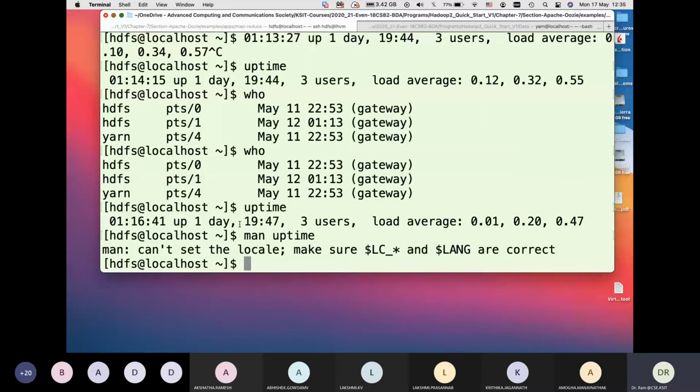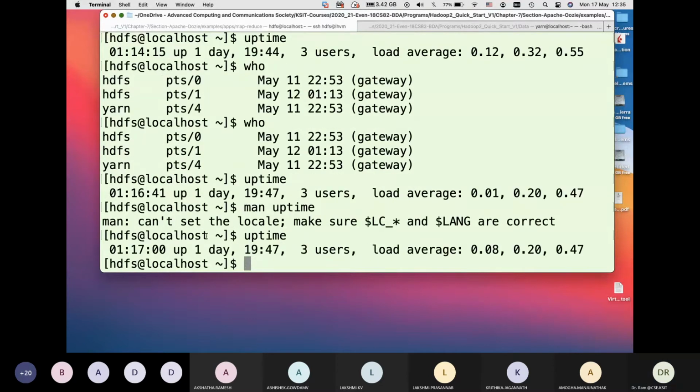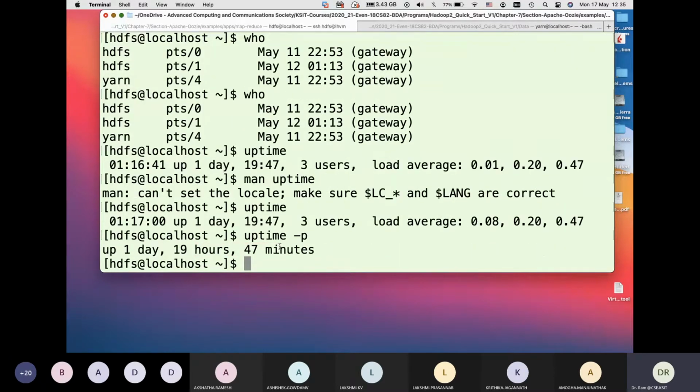If I say uptime -p, it tells you up 1 day, 19 hours and 47 minutes.